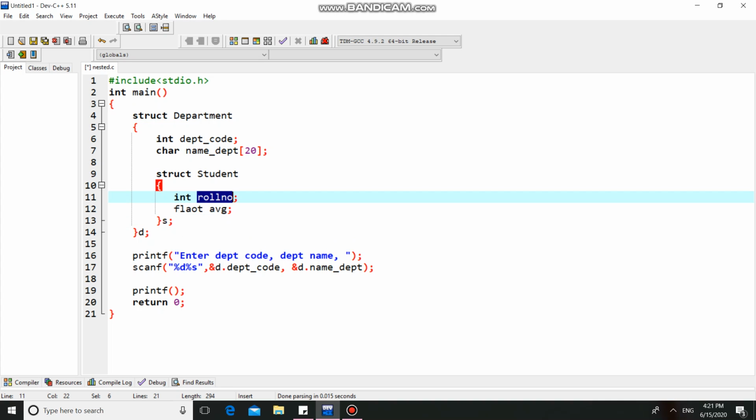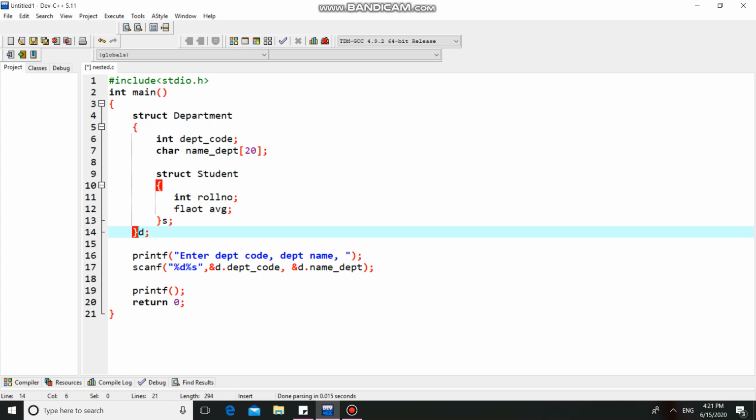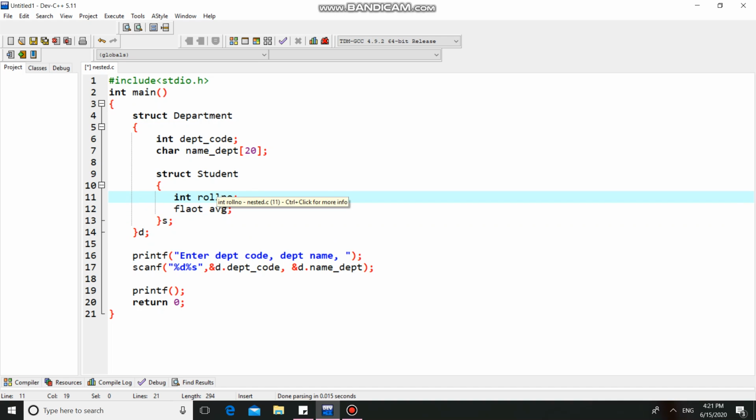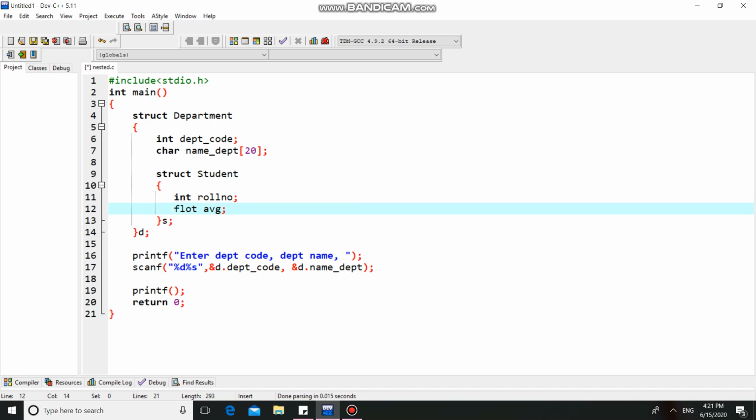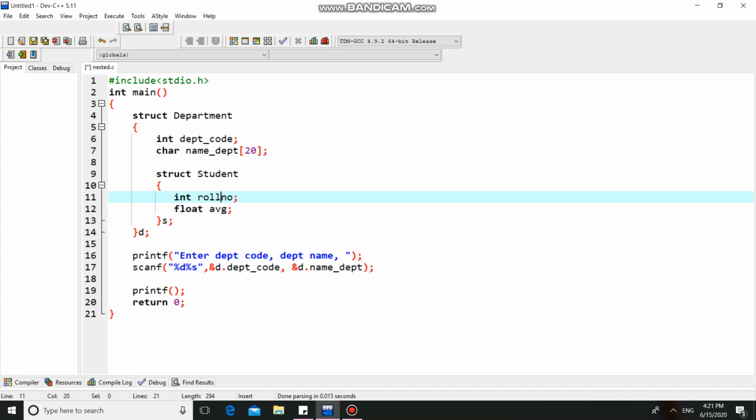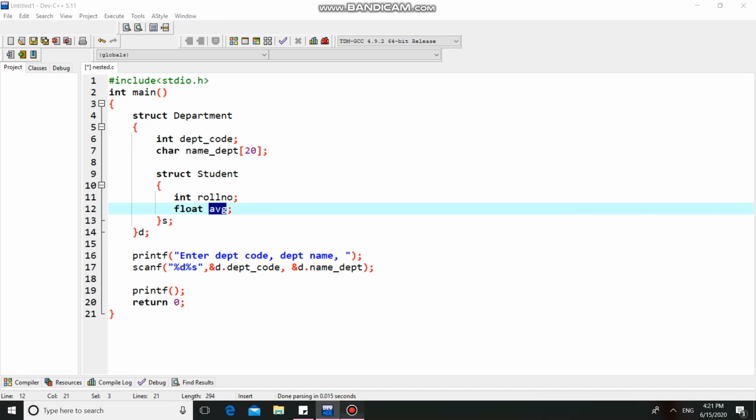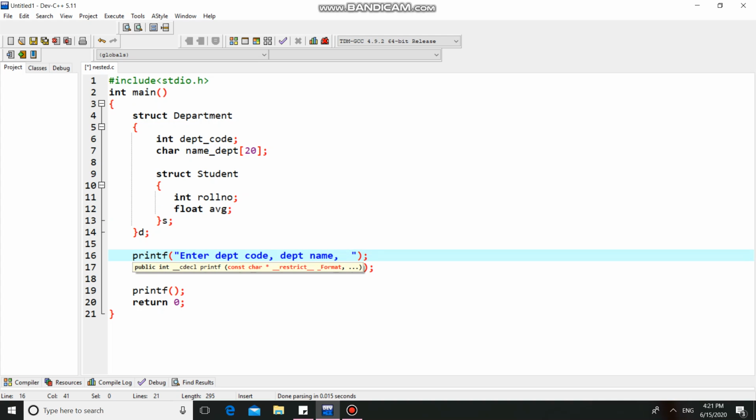To access roll number, you should use the notation d dot s dot roll number. In the same way, to access average, you should use d dot s dot avg. So that is the thing.